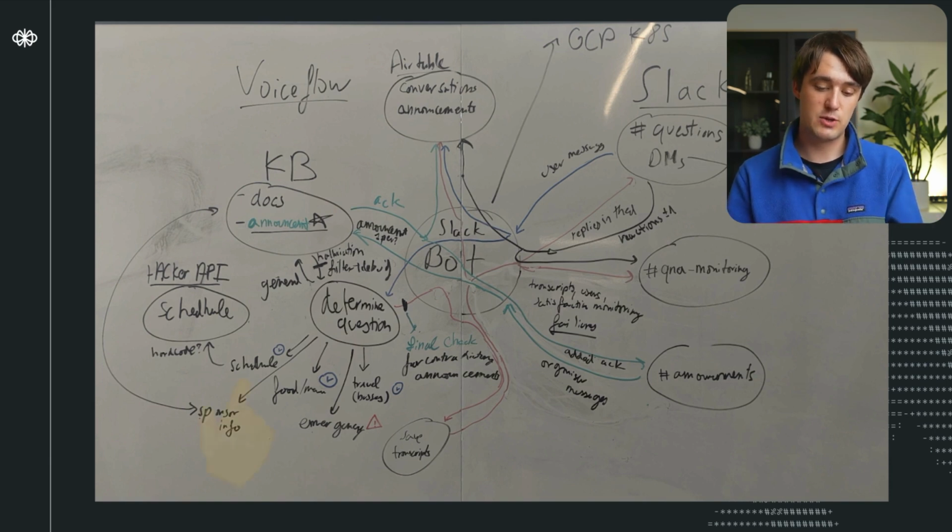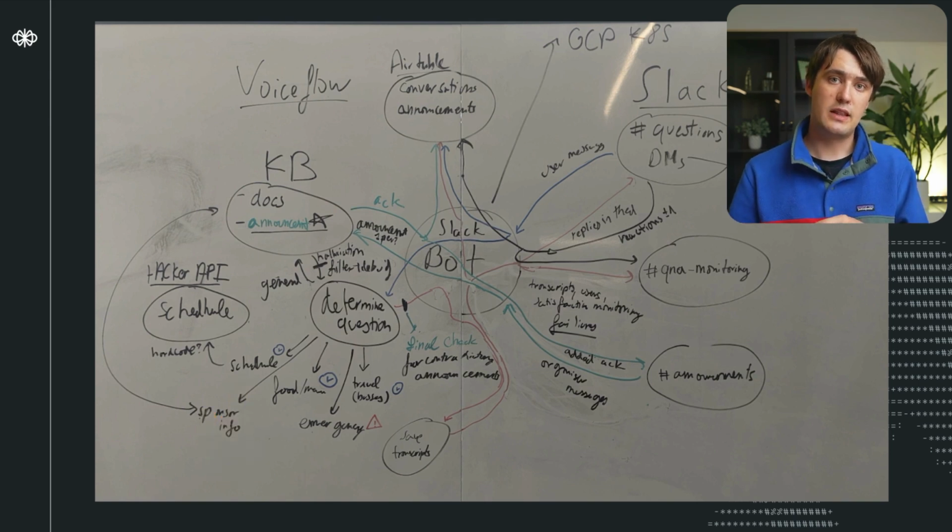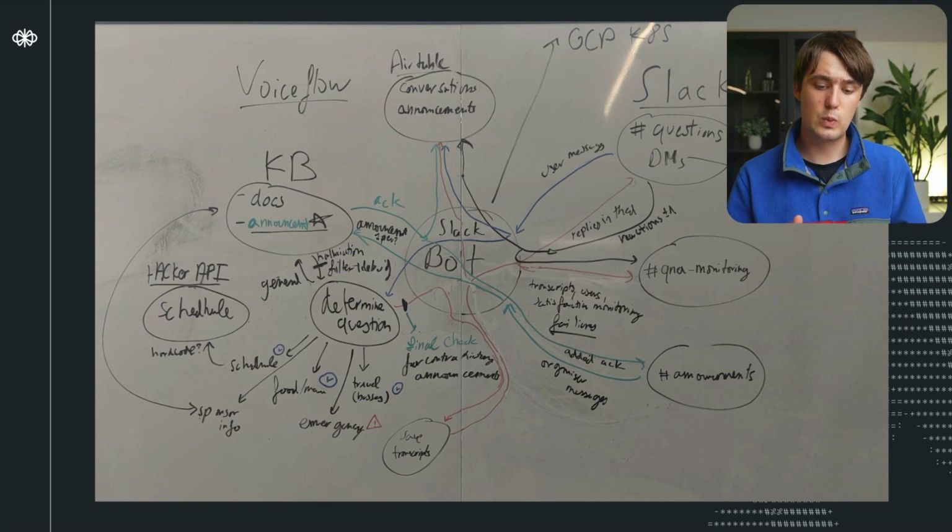Scheduling information is retrieved from inside Voiceflow. We actually have a Voiceflow function that is then calling Hacker API for schedule and getting an answer back. But on the other hand, we decided that everything that is Airtable and analytics will be handled by the Slack